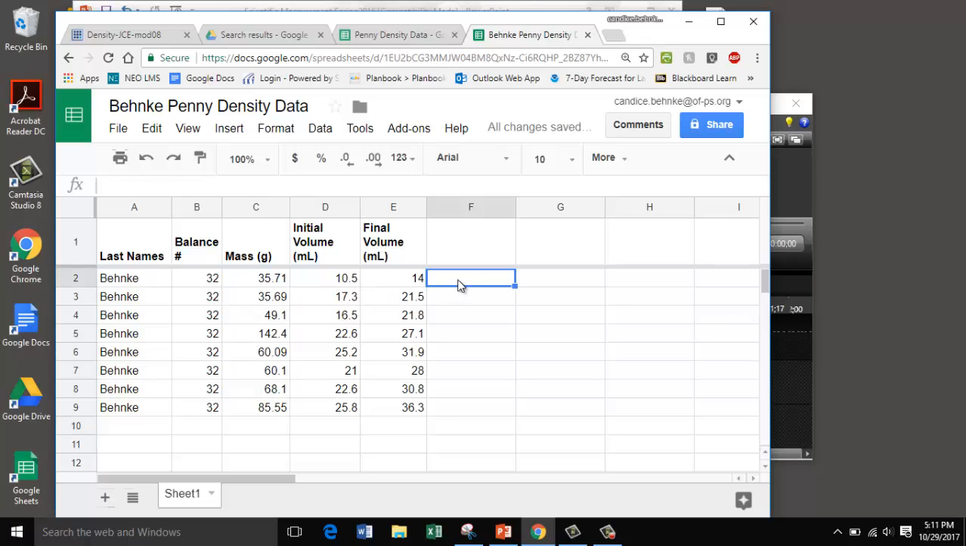Right here I'm going to show you how to do a calculation. And to do a calculation always starts with an equal sign. And I want to take my final volume, which is in cell E2, and subtract my initial volume, which is in cell D2. So I'm going to type in E2 minus D2, and I hit enter. And that is my penny volume